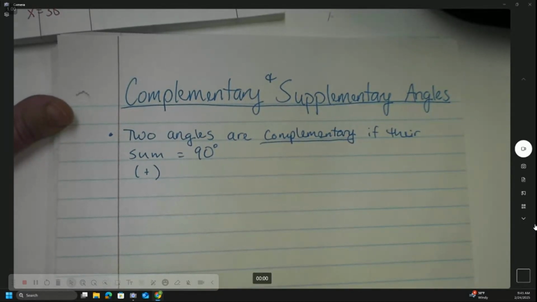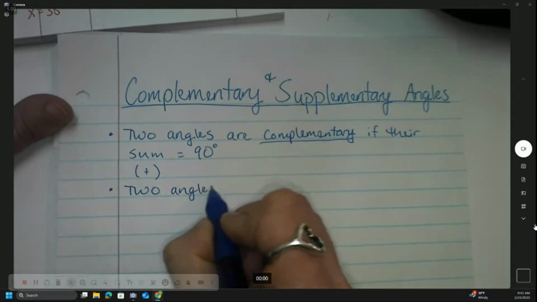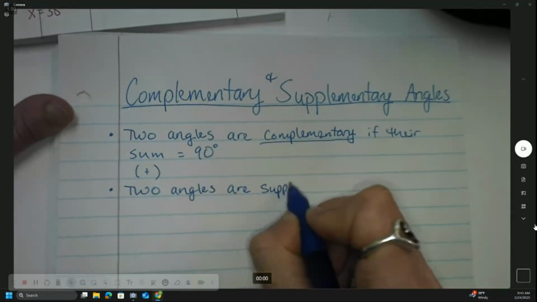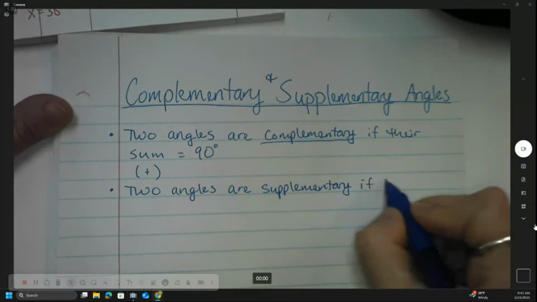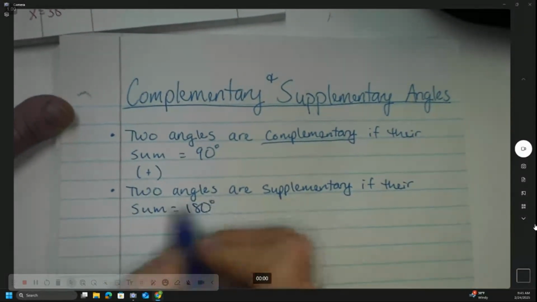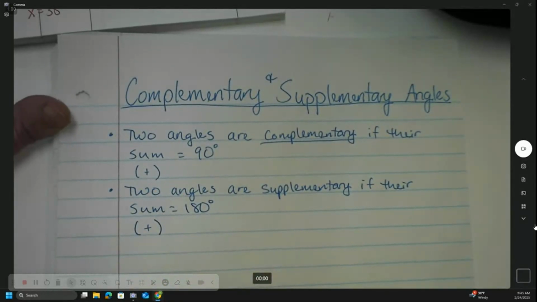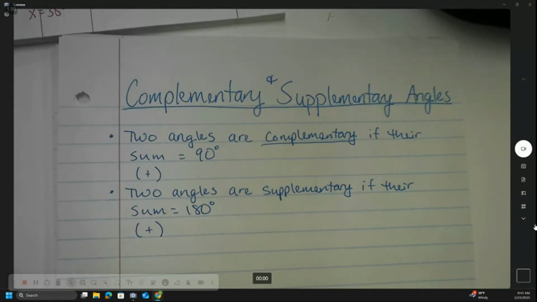complementary angles. Now, supplementary angles is when there's two angles. Two angles are supplementary if their sum equals 180 degrees. Again, sum means to add. So straight angles are always supplementary angles because 90 and 90 make 180. Now, if I see an angle that's 92 plus 90, that's 182 degrees. That means they